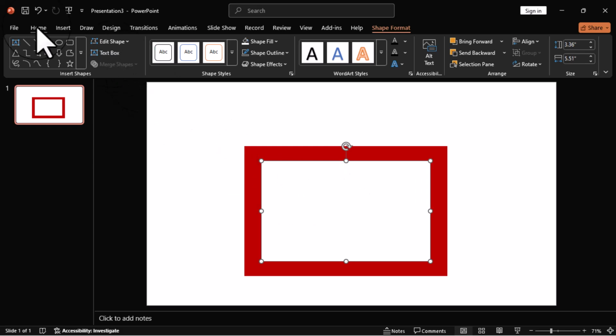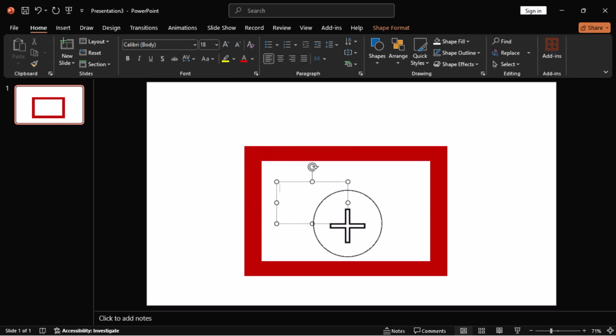So I'll move back to insert or home. You can also use this shape format. Then we have this insert shapes group. Choose the text box, click and drag so that you can have your cursor blinking, and we are going to type our text. So this is the text I want to have in this text box, which is happy birthday